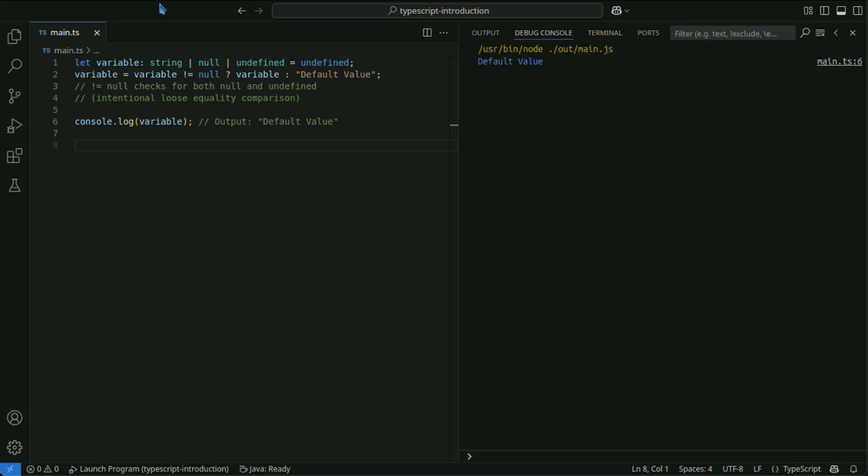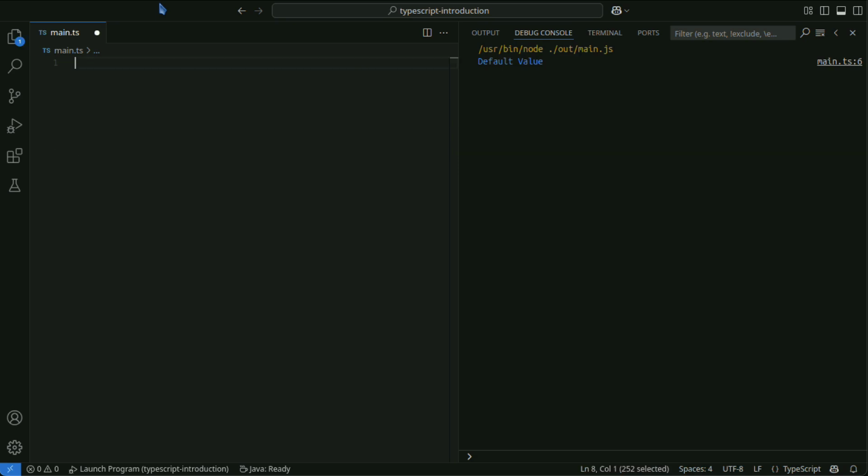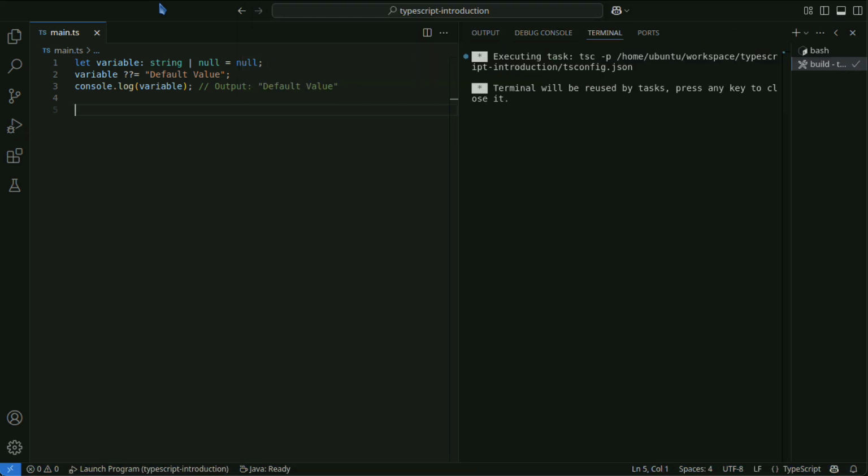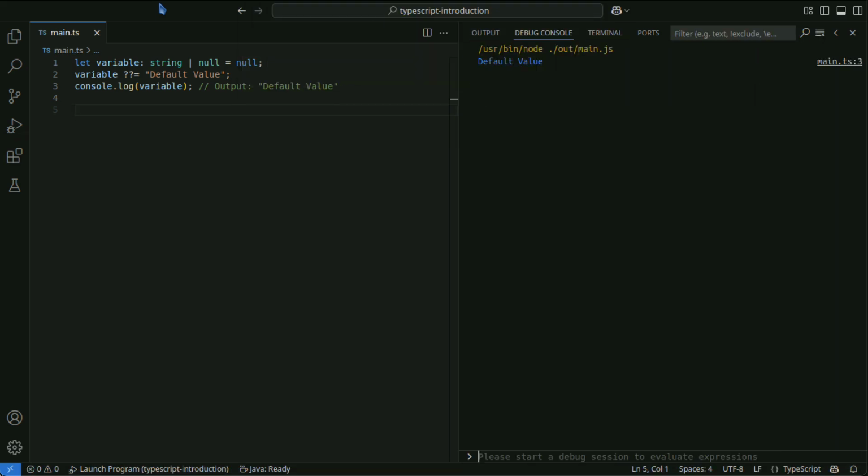On the other hand, using the nullish coalescing assignment operator, it can be written like this. As shown, the nullish coalescing assignment operator is much simpler and more readable compared to other assignment methods, improving code clarity.